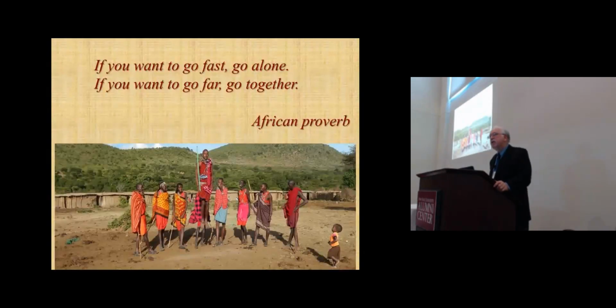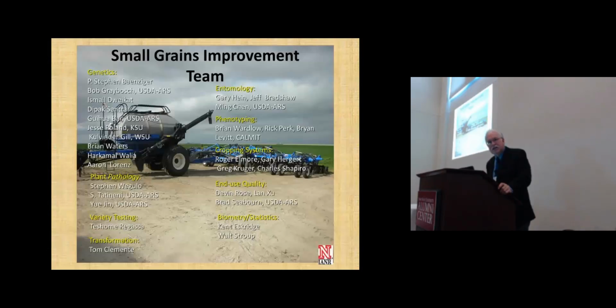Now there's an old proverb that comes out of Africa. If you want to go fast, you go alone. If you want to go far, you go together. And so one of the points I want to make about germplasm is that the free exchange of germplasm is to the benefit of all. If your crop has lots of limitations on germplasm, that's a hindrance. So if you look at the challenges that face germplasm and breeding today, it's best if you can go together.